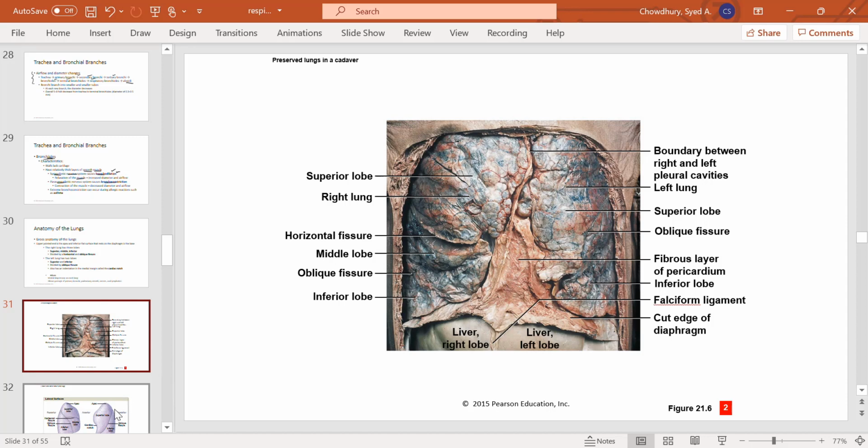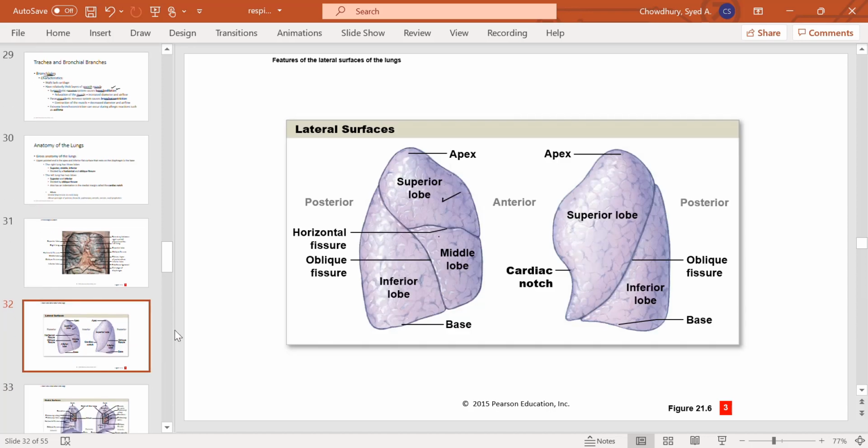And in the right lung you have three lobes: superior lobe, middle lobe, inferior lobe, separated by the fissures. These are the cuts or deep grooves called the fissures. That makes sense? So this is the transverse fissure going this way, and this is the oblique fissure going this way. So transverse and oblique. And you see the right lung is wider but shorter this way. The left lung is narrower but longer, and it has only one fissure or deep groove. So it has two lobes, the upper or superior lobe and the lower or inferior lobe.